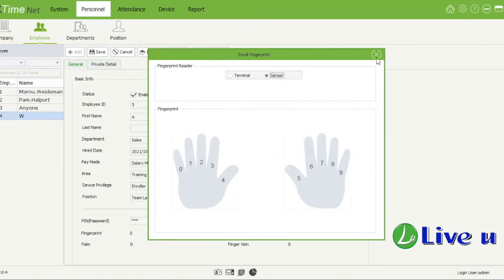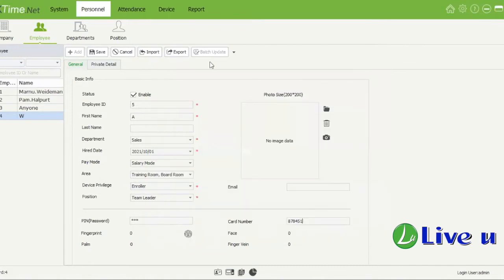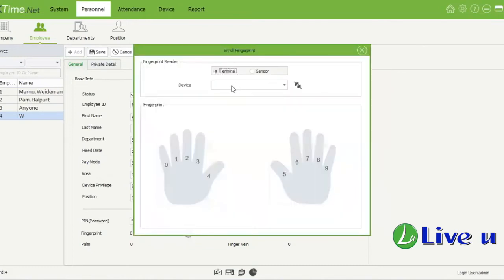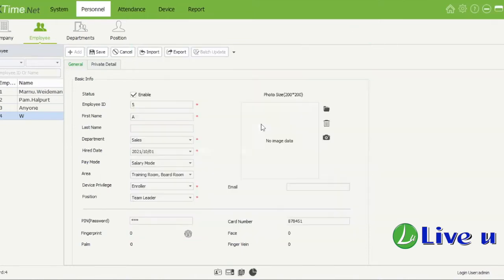on your PC side. Okay, so once again, if you want to do the terminal on a device, for example, please make sure that that person is already at the device. If they're not there when you click enroll, then they will have to go back to the device because there's a time limit on this enrollment. So if they do not enroll within a certain amount of time, then that state will expire. Then you'll just have to do it again. Okay, so just to spare yourself some trouble, make sure that that employee is already at the device